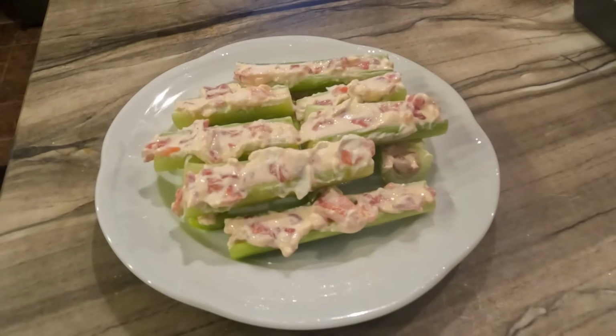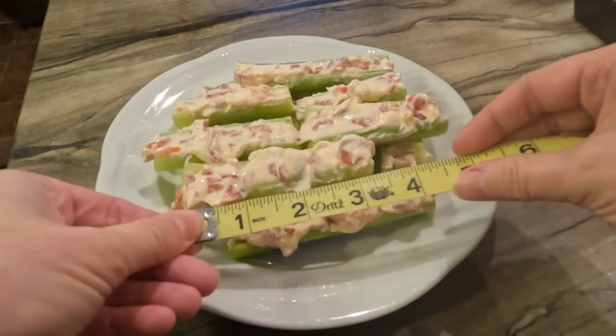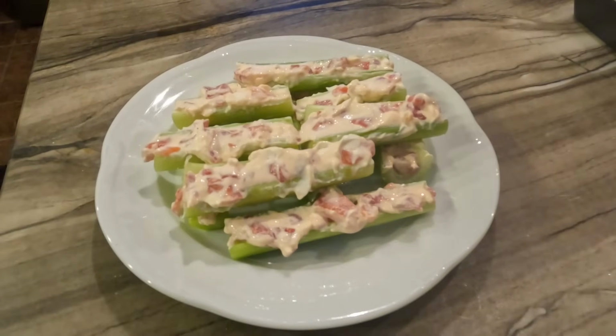For the stuffed celery, it said to cut it into 6-inch pieces, and I cut it into 4 instead because 6 looked ridiculous. I think it's 4. And much closer to 4. 3.5, 4 inches. Anyway, it says to pile them log cabin fashion, and I started to do that, but